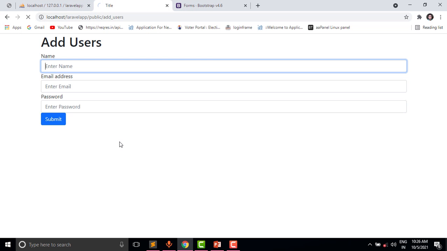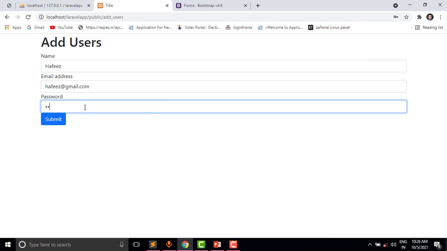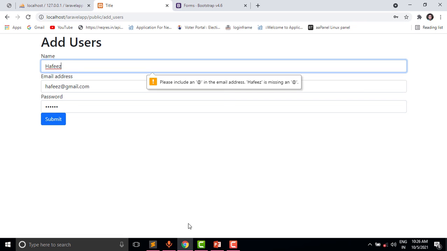So let us refresh this page. This is dummy email, password 123456. So click on the submit.